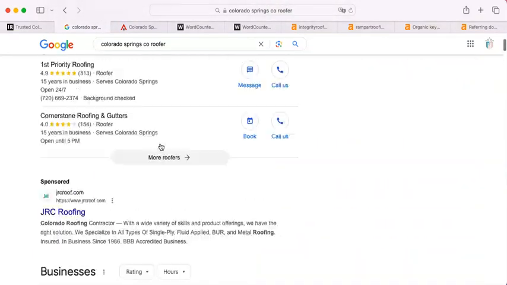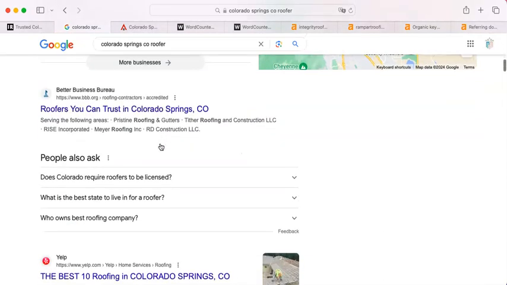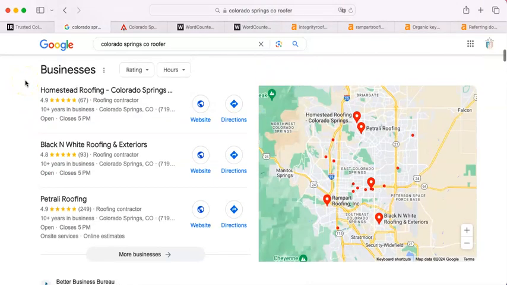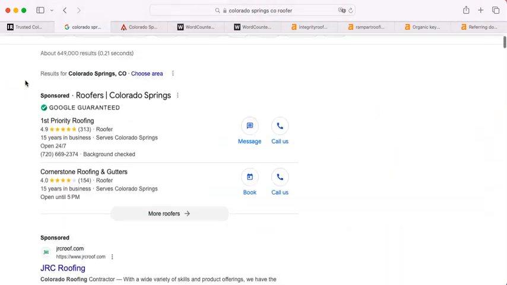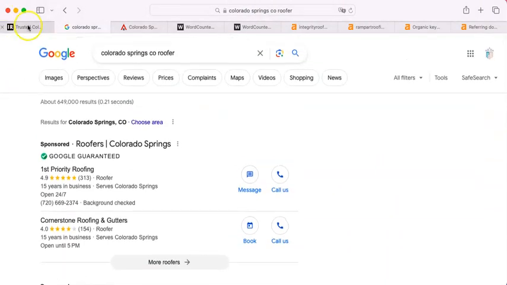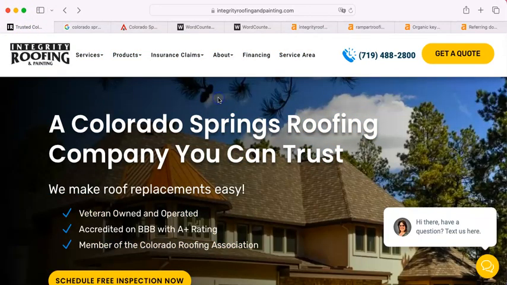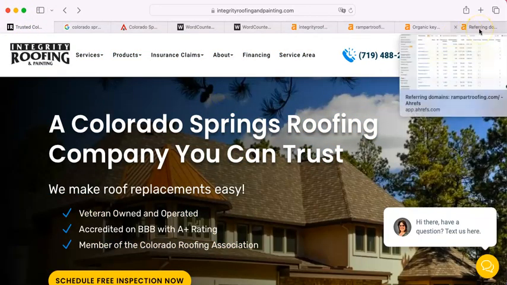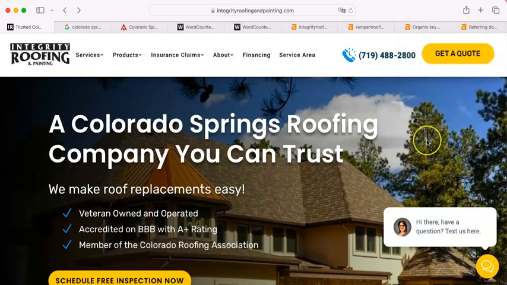Now, the Google algorithm, like I said, is looking for those things amongst other things, and it is known. It's not like it's a secret in the business or anything. And this is where I think you probably would rather spend your time roofing, and Eric would be the guy to help you out, because all of these things that I told you about, even though you could do them all yourself, are time consuming. It takes a long time to get on other websites, to find out what the correct backlinks should be, and to include those in your site.